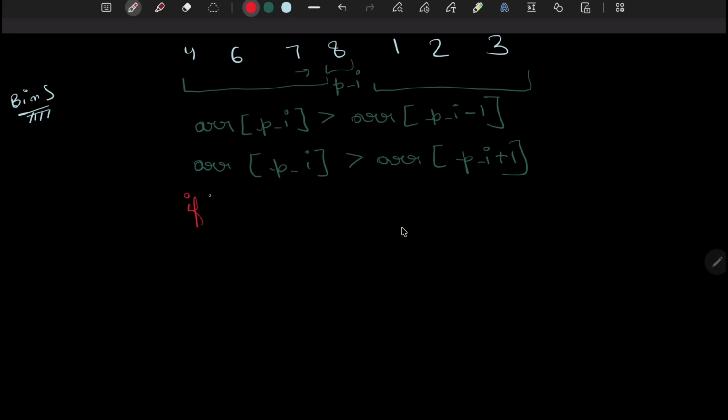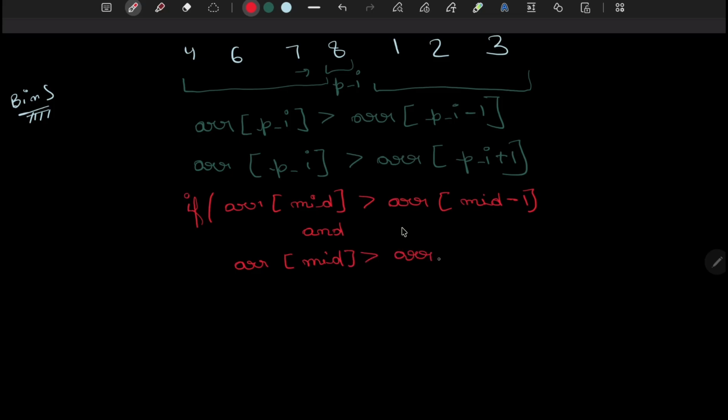So we will calculate our mid again, but now if let's say our ARR of mid is greater than ARR of mid minus 1, and our ARR of mid is also greater than ARR of mid plus 1,